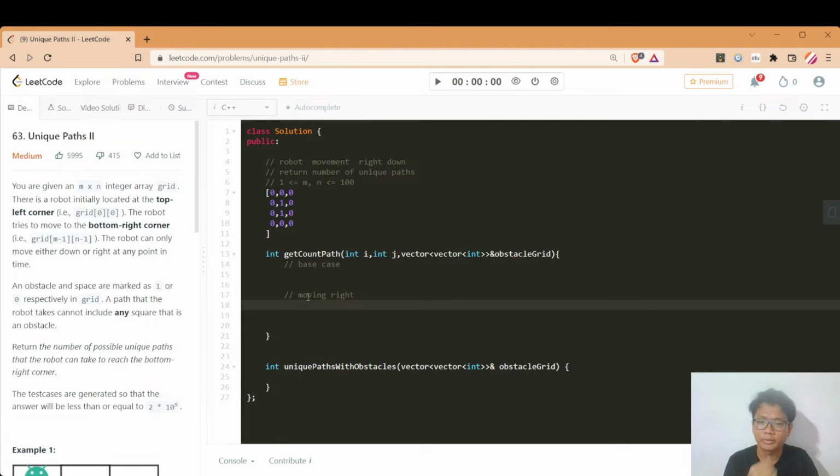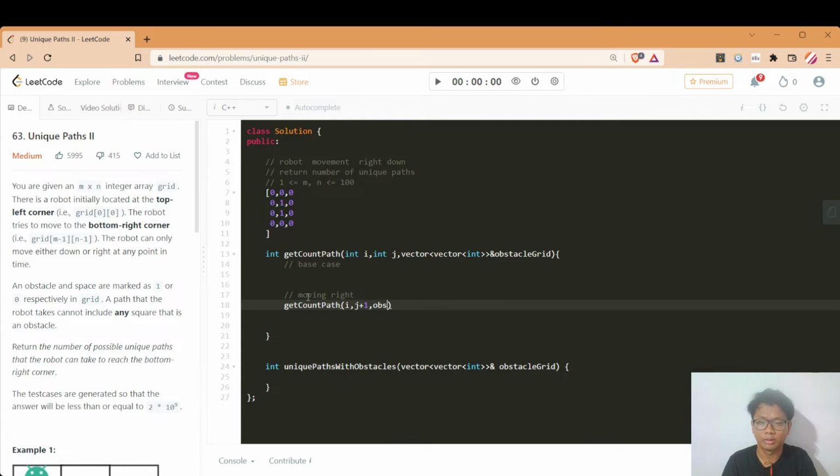If I am moving right, I'll just call the function count path. Since I'm moving right, which basically means that I will be increasing my j,